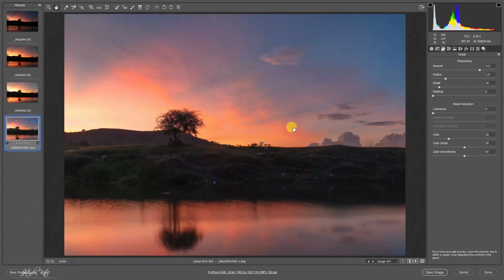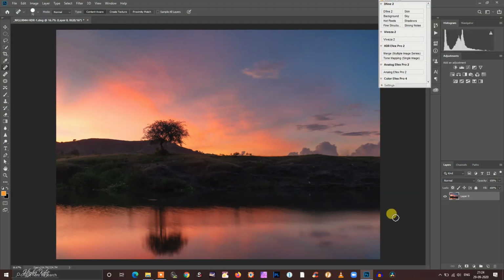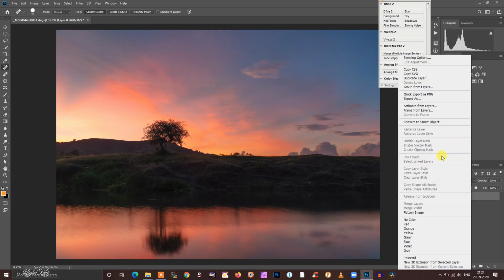So I think it is time to open this image in main program of Photoshop. So here is the image opened in main program of Photoshop. I will duplicate the background layer.